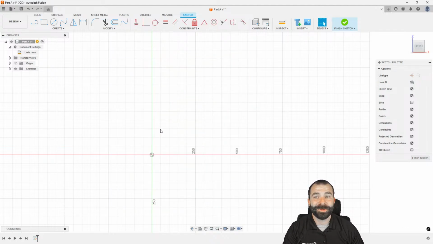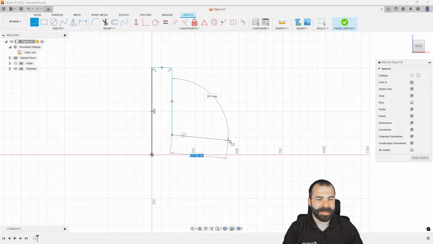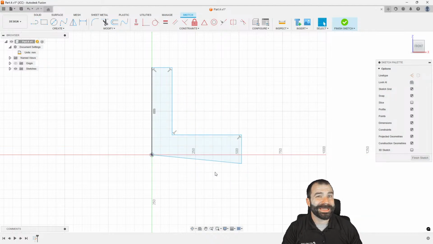Now, if I wanted to, when we initially drew this, we can go ahead and window select. I'm going to get rid of it completely. We could have done the same thing with the line function. But a common thing that I tell a lot of my customers is once we're done with this sketch, and you guys will figure this out, the sketch really doesn't matter because we're going to turn a sketch into a model. We're going to turn a model into a drawing, which I'm going to do drawings in a different segment. But as you can see, I still could have sketched an L bracket with just some standard straight lines,